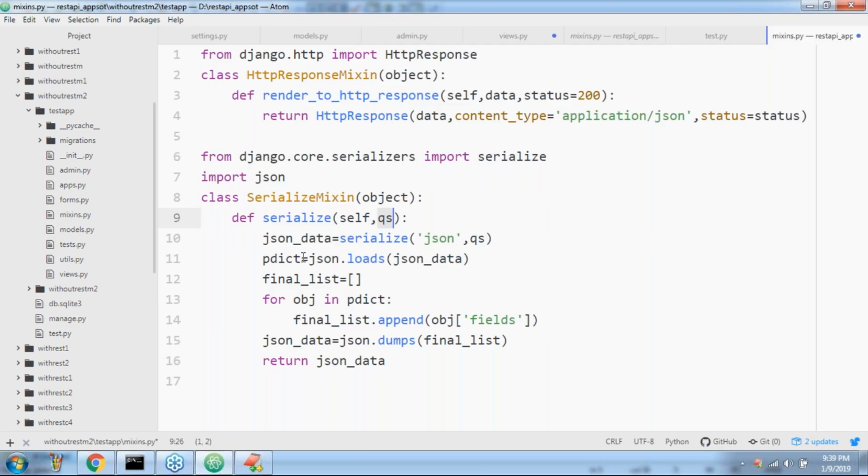So now this converts into a Python dictionary. This is responsible for providing only data instead of meta information, and returns json_data. In the last classes I clearly explained this concept. Is any explanation required? Can you please observe? Any explanation required about this serialize mixin?